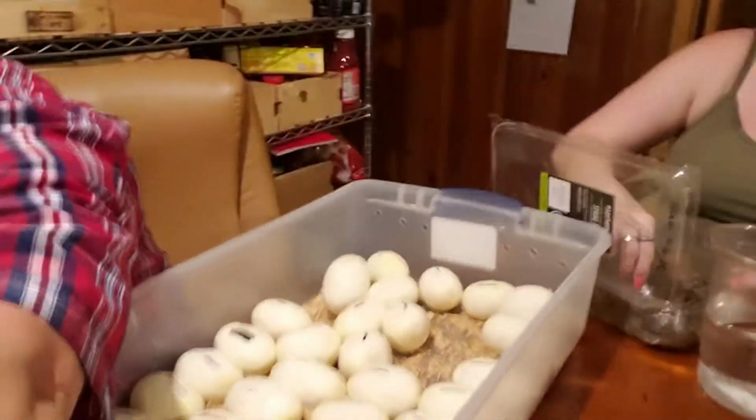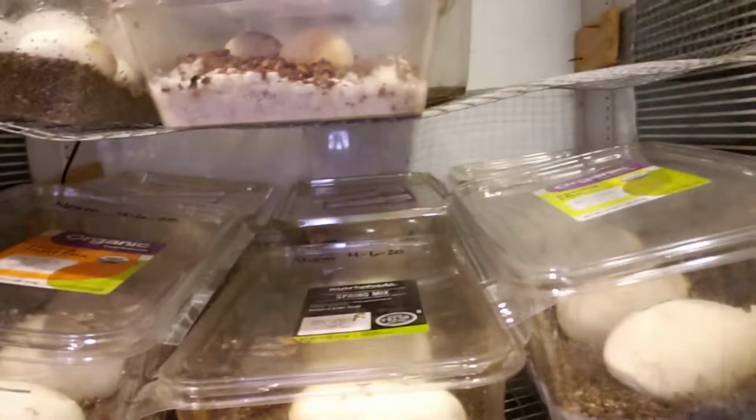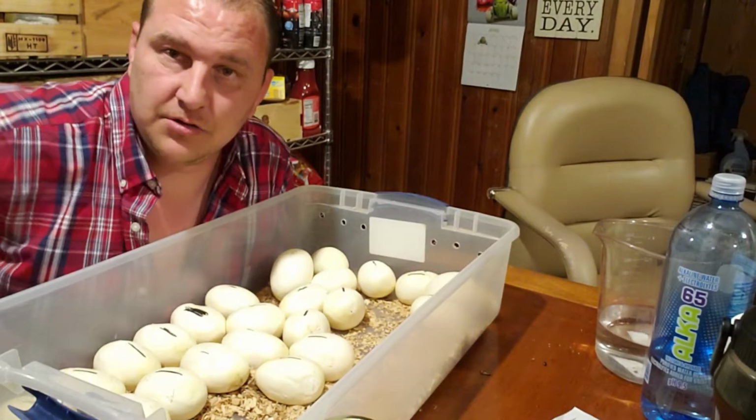All right, so just to give you an idea, this is the shelf right there. You can see all 6 containers right there. Okay, so while she goes to get some more containers,